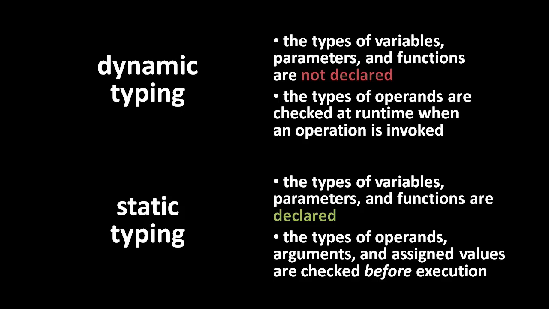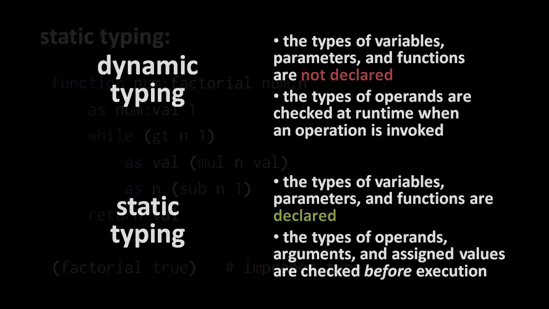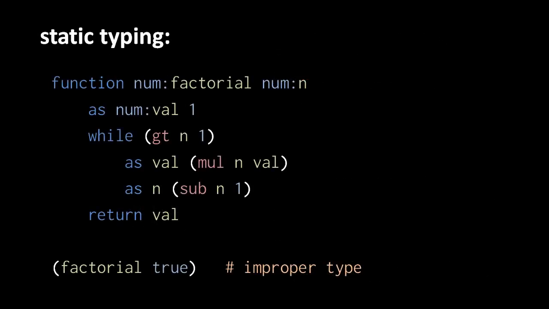So, say we wanted to turn Pidgin into a statically typed language. We could do so quite simply by requiring type declarations for every variable, every function parameter, every function return type, and every created collection. Let's say the declarations are written as type names prefixed with a colon. So here the factorial function's name is prefixed with num, denoting that the function can only return numbers. The parameter n is also prefixed with num, denoting that only numbers can be passed to n. And the variable val is also prefixed with num in its first assignment, denoting that only numbers can be assigned